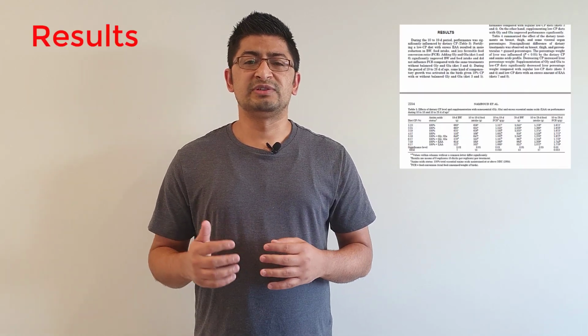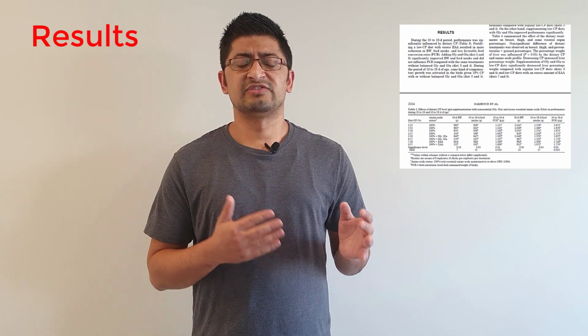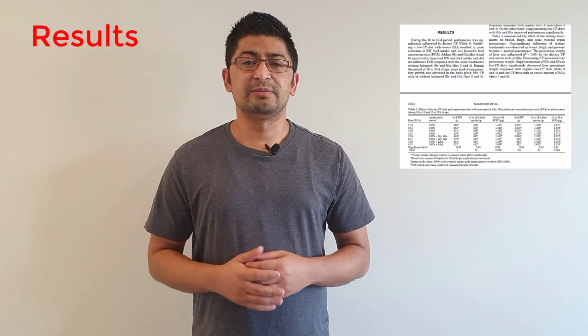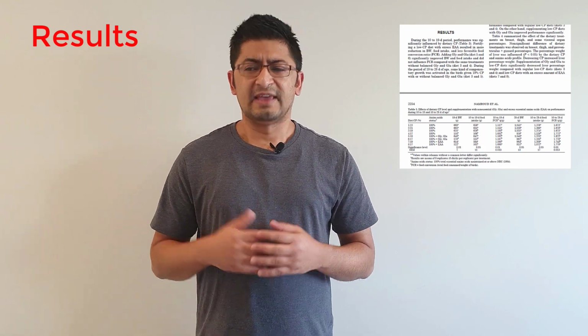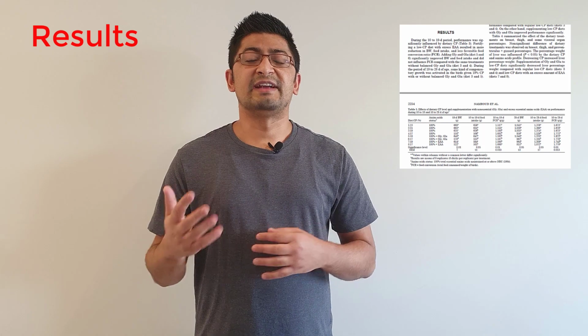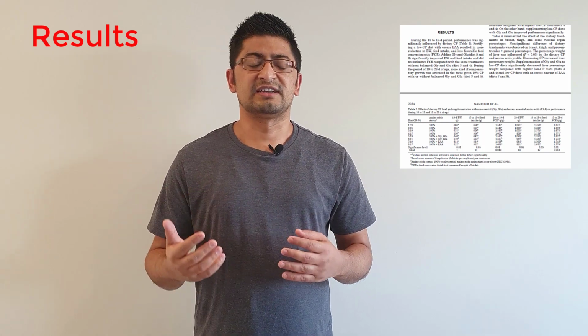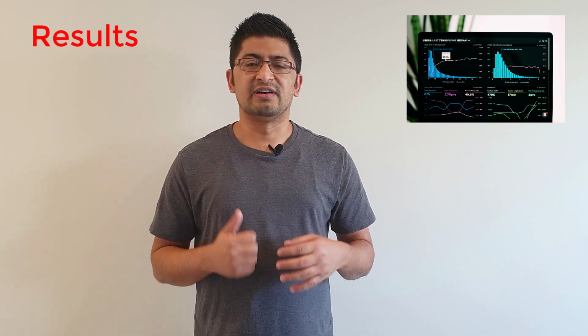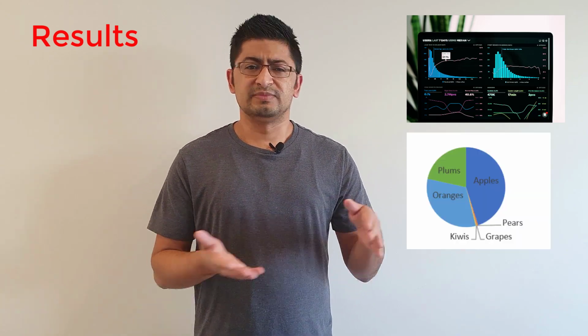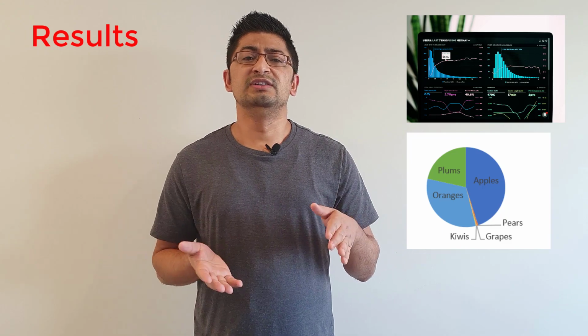Sometimes there can be an argument about whether you write your materials and methods first or the results section first. I personally prefer writing the results section because it is the heart of your research paper, and if your results change, then that might affect some other section of your research article. So you should write your results section first, and you should describe your results in a bar graph or line graph or pie chart or table, and describe those in words in small paragraphs, maybe 2 to 3 paragraphs. It depends on your research, how big your research is.